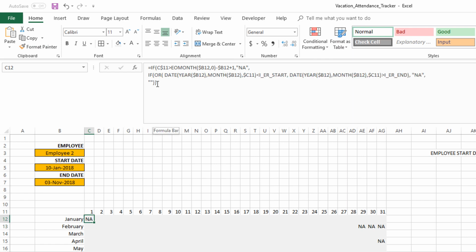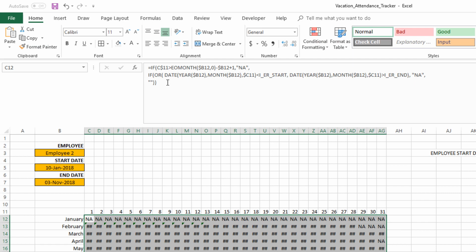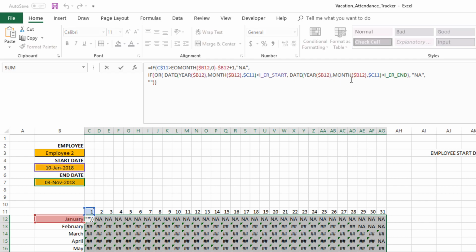And so now I'm going to select all the cells, edit mode, control enter, and we have a lot of errors. There's something wrong with the formula, which we will look at now and see what's going on. For the second month onwards, we have this problem. So the date of year B12, month C11. Okay, so now I realize what the mistake is. So I should have actually put the